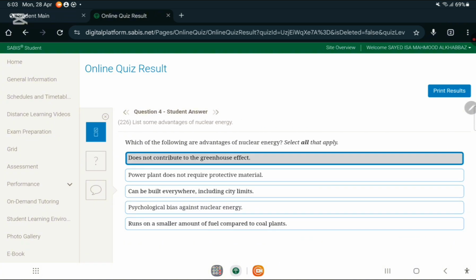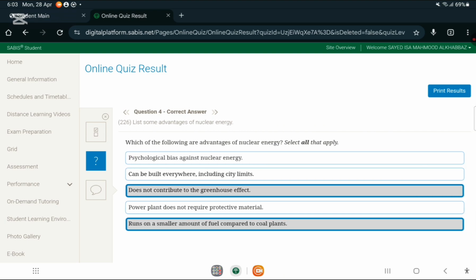Which of the following are advantages of nuclear energy? It does not contribute to the greenhouse effect. That is true. And first, let's go over the options. Psychological bias against nuclear energy. That is not an advantage. That is a disadvantage. Because bias means people